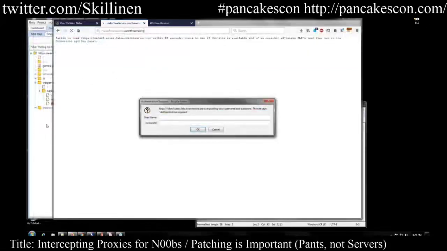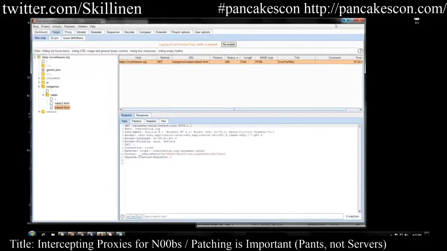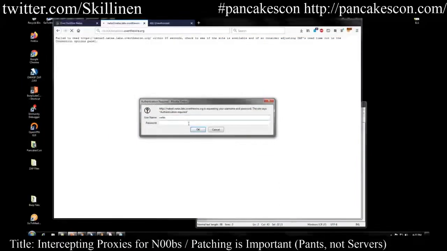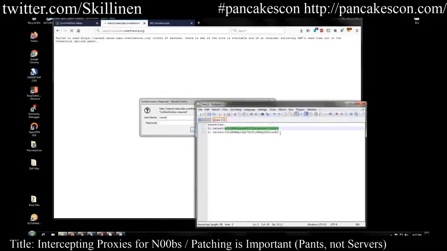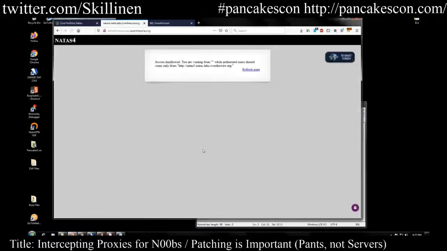So Burp actually threw an error and said I couldn't authenticate to that. I'm going to try once more and make sure I actually copy the entire password. There we go. You are visiting from some null value, while authorized users can come only